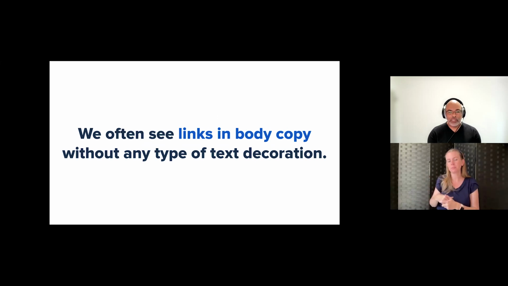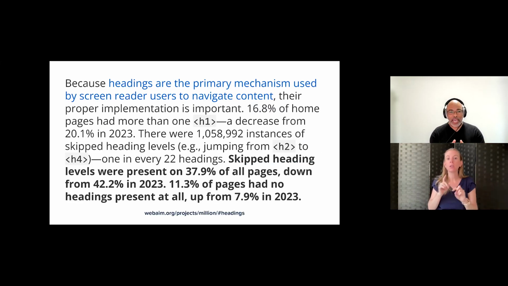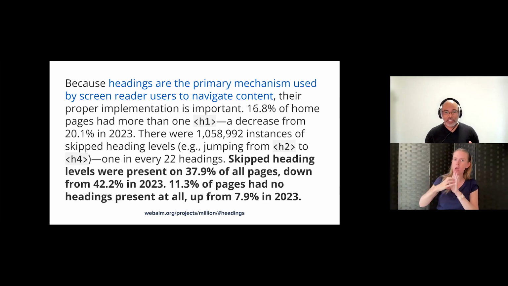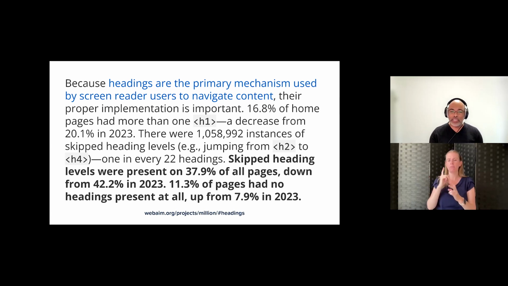We see this often inside of copy. Links, for instance, that don't have underlines, links that don't have any other type of visual aid to let someone know that it is a link. Here, we can perceive that there is a link in this copy because the colors are separate. But what if you're looking at a larger paragraph of text and the colors are just really close together? If someone has weak color vision, this would be very difficult for them to detect where that link is.